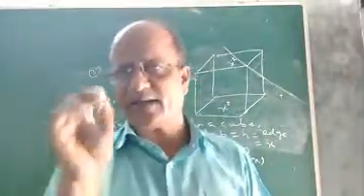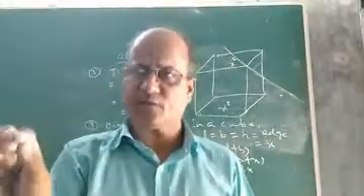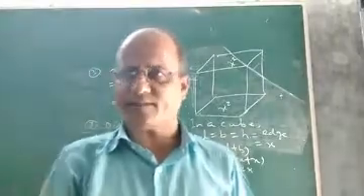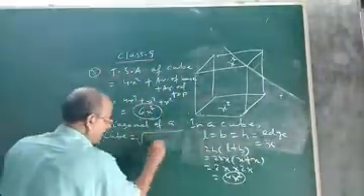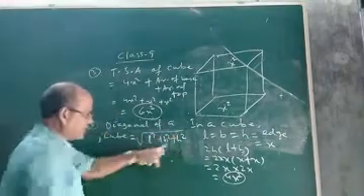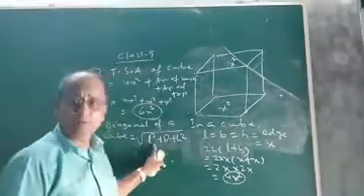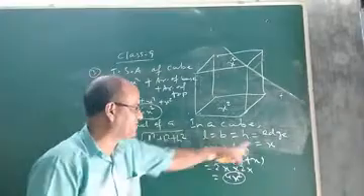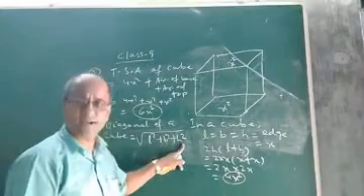diagonal of a cuboid can be found out by the square root of what? L square plus B square plus H square, where L, B and H are the length, breadth and height of the cuboid respectively. So, in case of cube, we can derive the formula in this manner. Now, this is the formula to find the diagonal of a cuboid. But in a cube, length, breadth and height are all the same. That is, it is the edge denoted by x. So, in place of L, you put x. Here x, here x. So, what will you get?